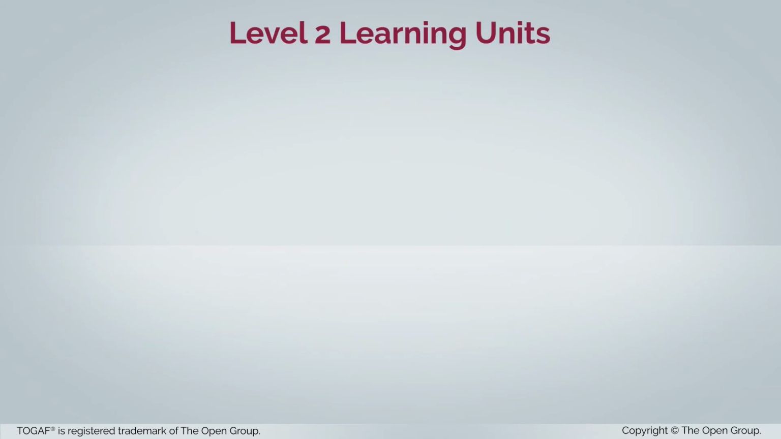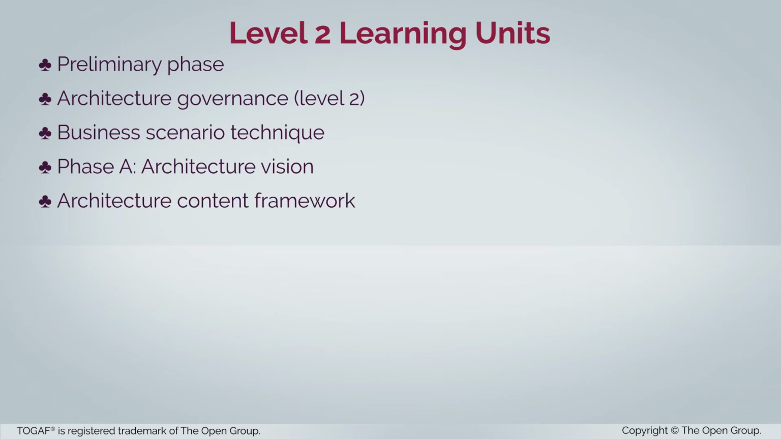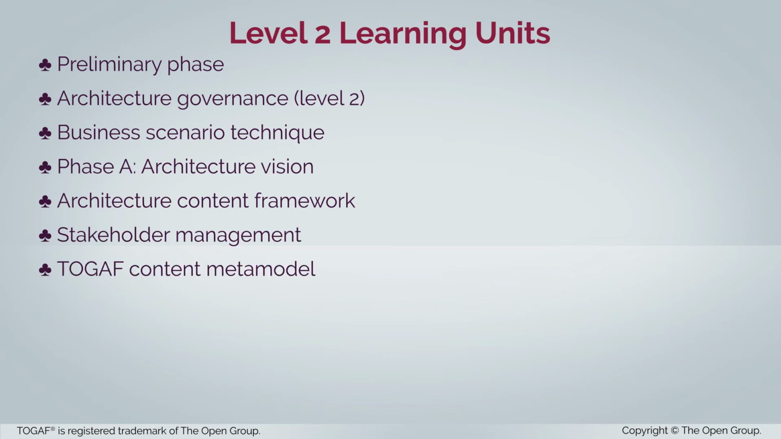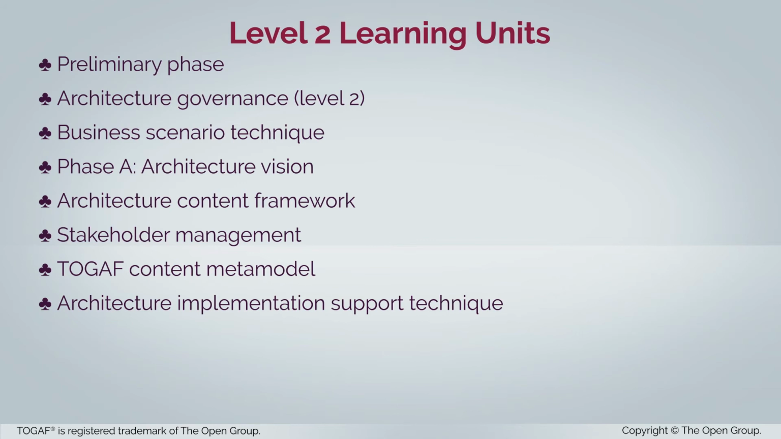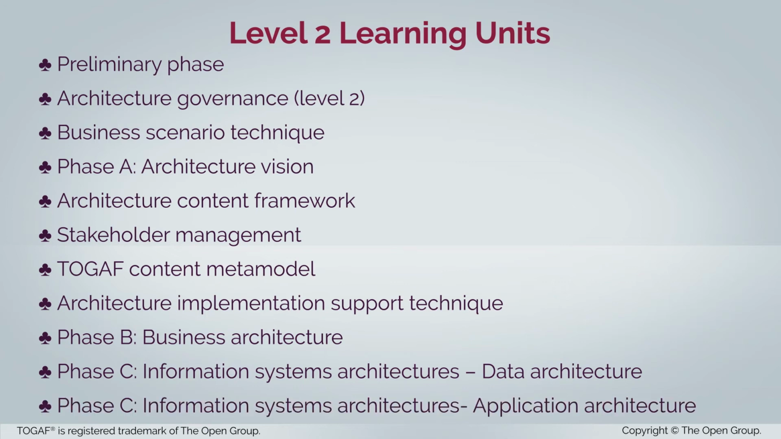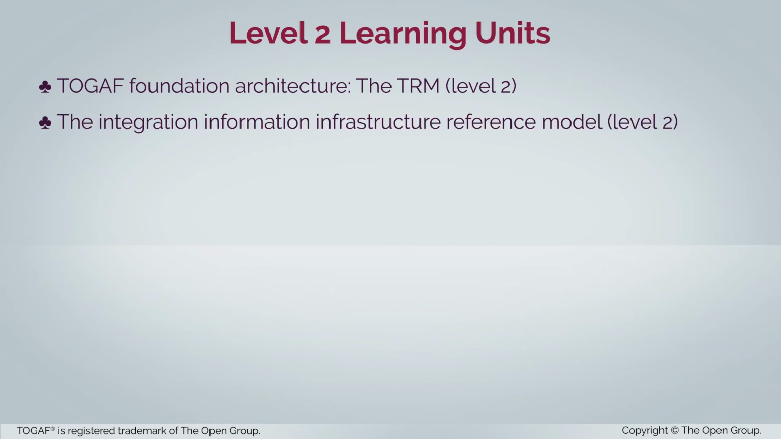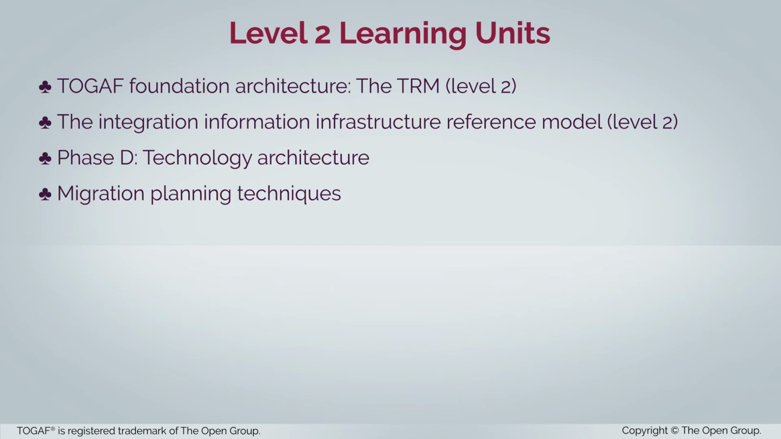In addition to the Level 1 units, you then have Preliminary Phase, Architecture Governance Level 2, Business Scenario Technique, Phase A, Architecture Vision, Architecture Content Framework, Stakeholder Management, TOGAF Content Metamodel, Architecture Implementation Support Technique, Phase B, Business Architecture, Phase C, Information Systems Architectures, Data Architecture, Phase C, Information Systems Architectures, Application Architecture, TOGAF Foundation Architecture, the TRM Level 2, the Integration Information Infrastructure Reference Model Level 2, Phase D, Technology Architecture, Migration Planning Techniques, Phase E, Opportunities and Solutions,